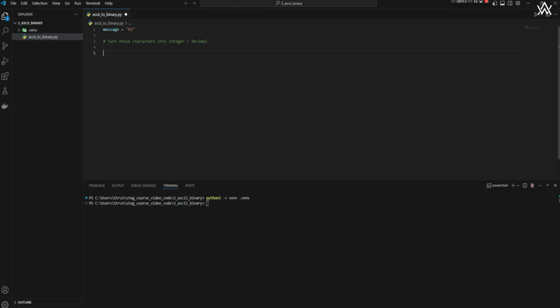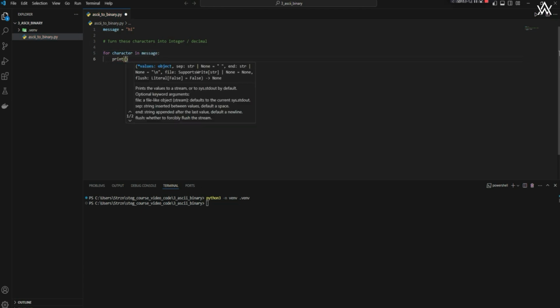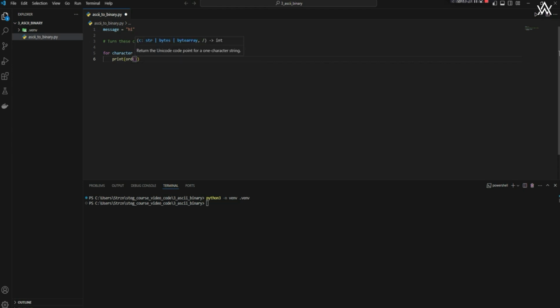So let's quickly run a for loop over the message. So for character in message, right? We're going to use a function, so let's just print quickly, called ord. And what ord does is it turns a single character string, aka our character, into its integer value in ASCII. So we'll say ord of character,